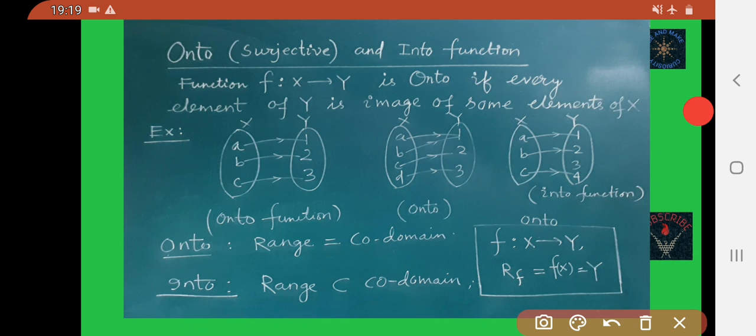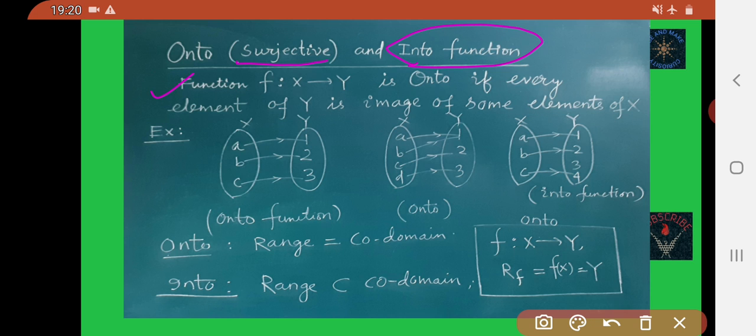Onto function. Onto function is also known as surjective function, and the function which is not an onto function is called into function. So friends, first we understand what is an onto function.